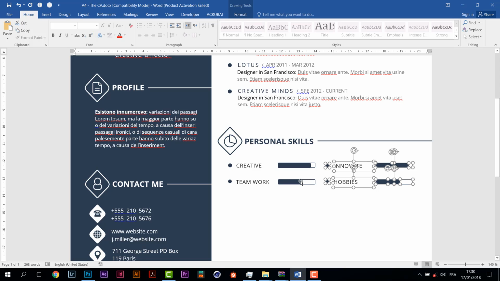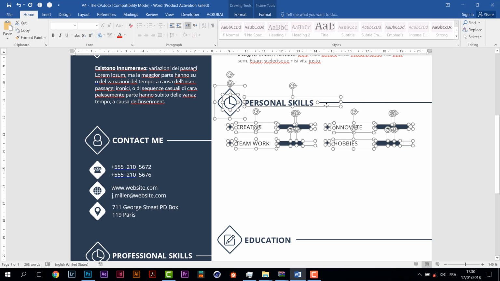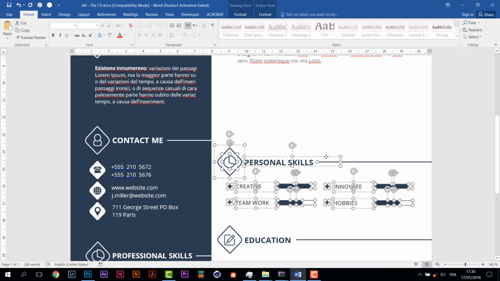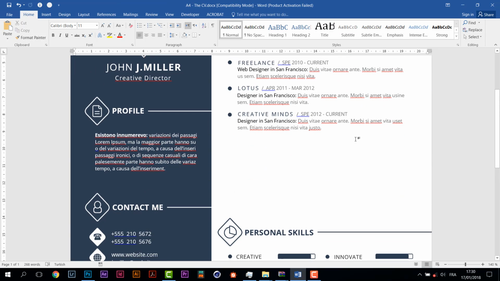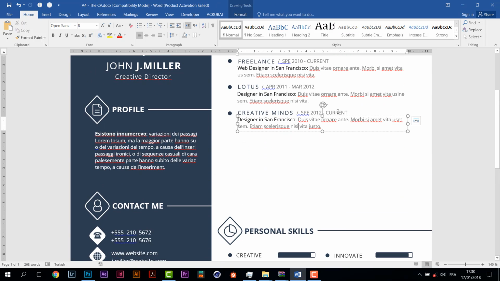All I'm doing here is selecting everything by holding the shift key on the keyboard and selecting every element with the cursor of the mouse like that, and pushing all these elements a bit down. Okay, it's good. Now all you have to do is select